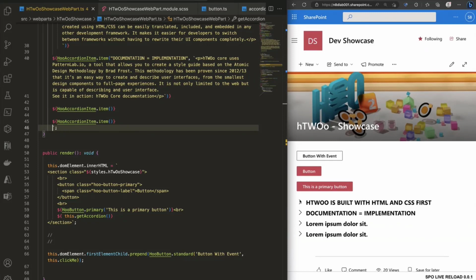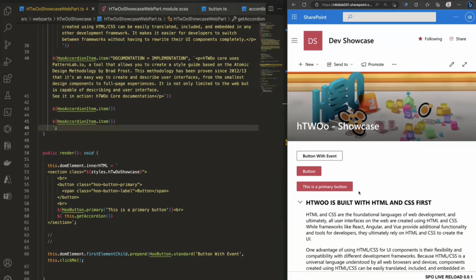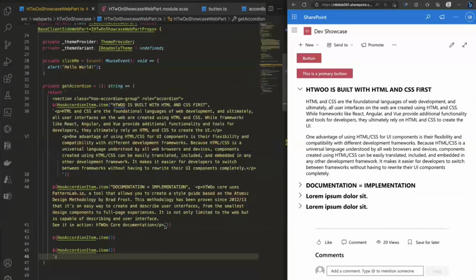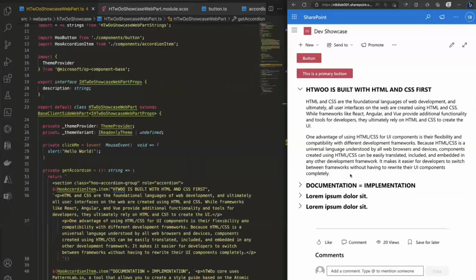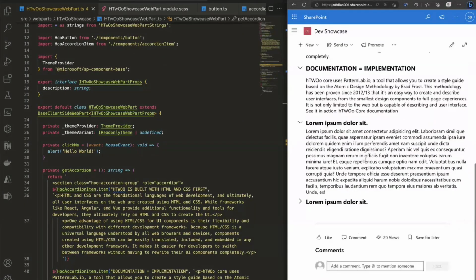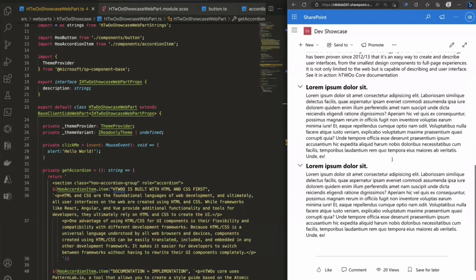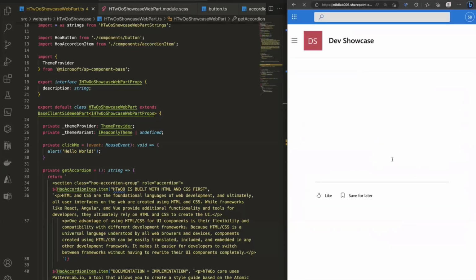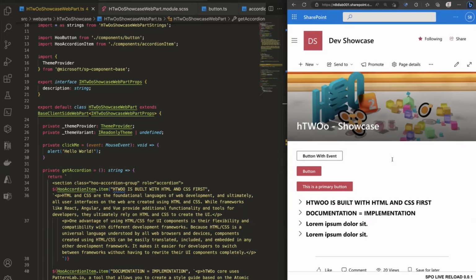Works. So you have here an accordion, a nice one, which has the text that are pushed in here. hTWOo is built on HTML and CSS first, documentation. I have here the lorem ipsum, which are the default ones when I don't compile anything in. And again, what you saw in hTWOo with hTWOo core is also available as hTWOo React components. So if you want to know more about it, there is also a link in here,